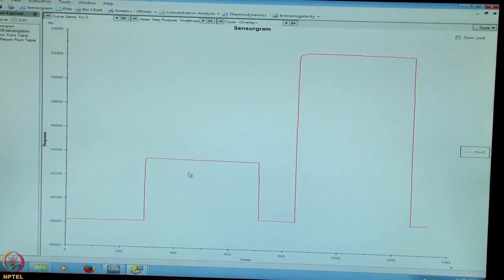So this is a blank sensorgram. After immobilization, we will see the reference surface is blank immobilized. Here you see the activation of the chip by EDC NHS and blocking of the surface with ethanolamine. So this will be the blank immobilization. Now we will go to another surface or another flow channel. Going to the next flow channel,